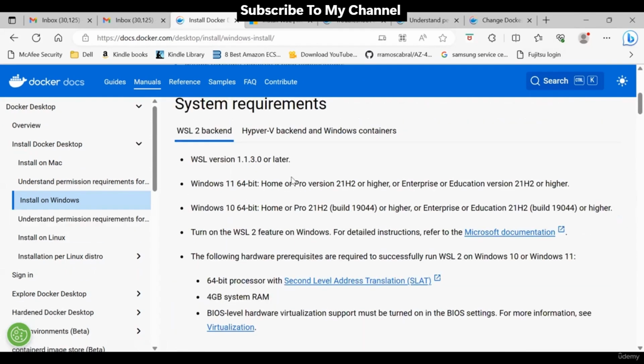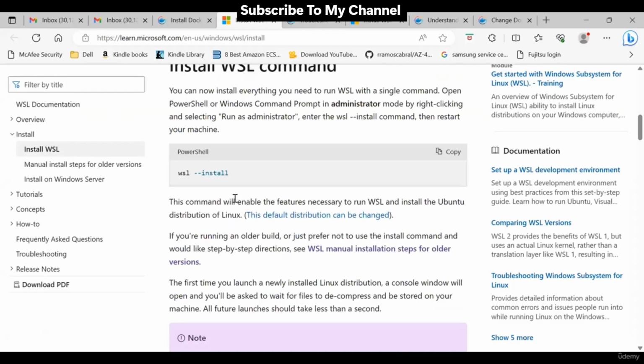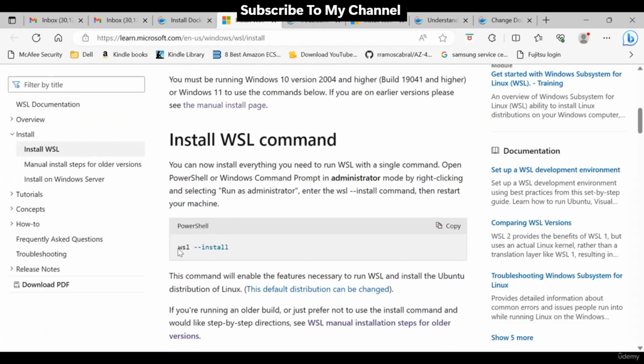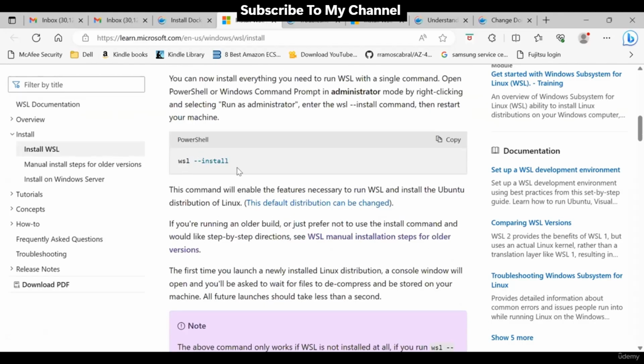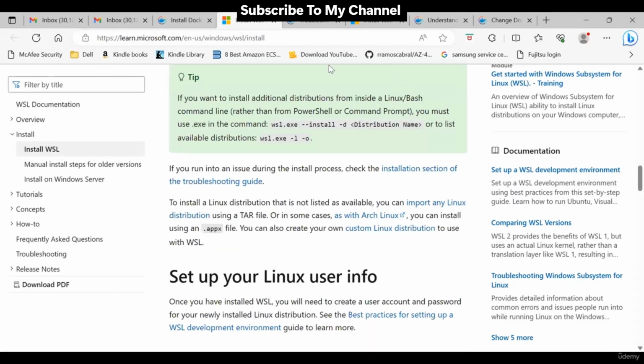If you come here, I have how to turn on the WSL features in the Windows subsystem. I will click this link, so it goes here. You have to open PowerShell and install this. Since I already installed it, I'm not running this command, but if you run this command, it will install it. And once the installation is completed,